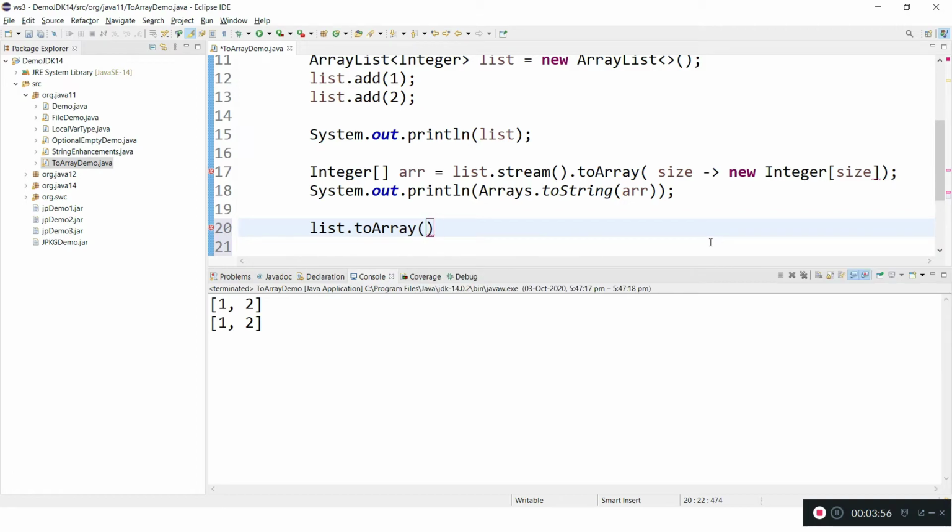Here either we can use the lambda expression as we have used, something like this. So first I will show you that one. Size and lambda expression, new integer of size, and it returns an integer array.